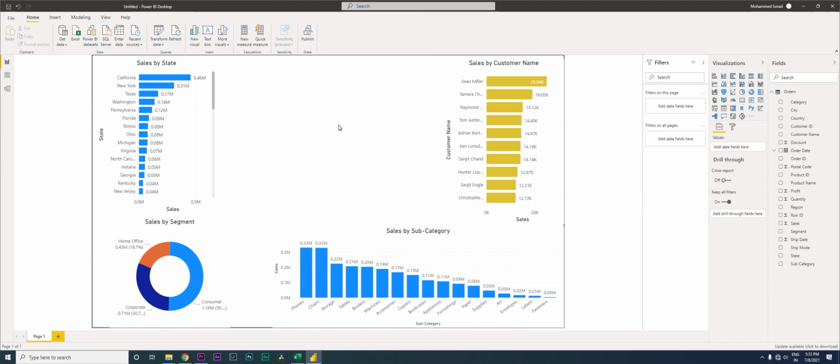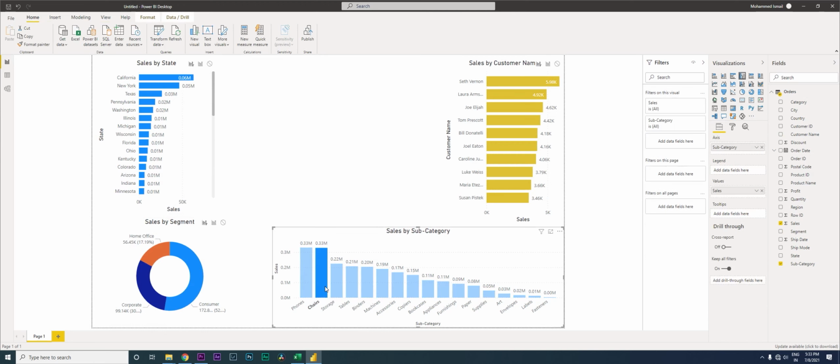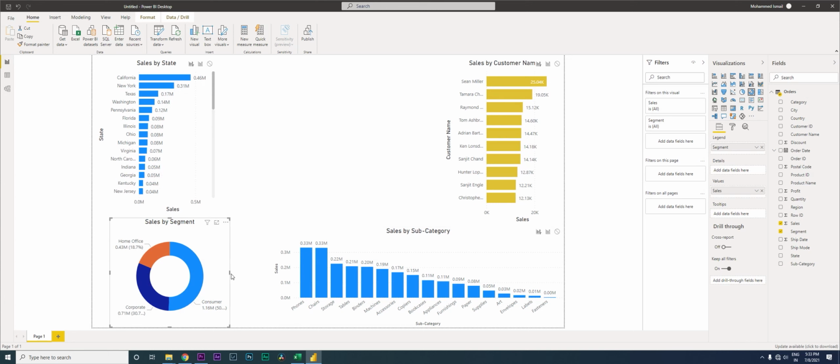For example, let's say your manager tells you to identify who are your top 10 customers who are buying chairs, for example, right. So when I click chairs here, you can tell your boss that these are your top 10 customers, and these are the states where the maximum sales is happening, and this is the segment which is making most number of sales, right. Let us expand this a little so that we can see all the numbers.